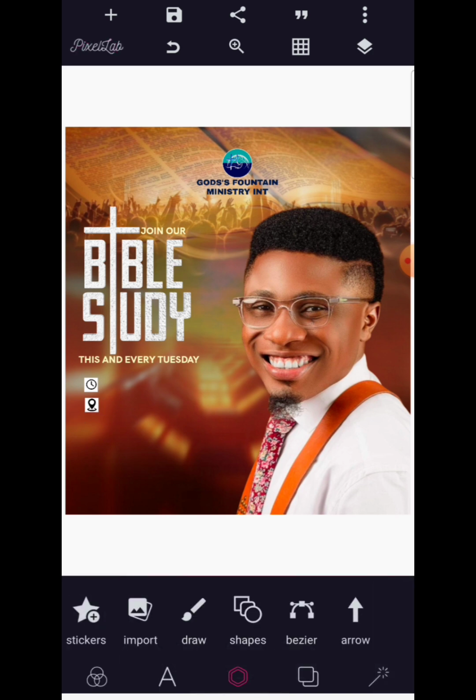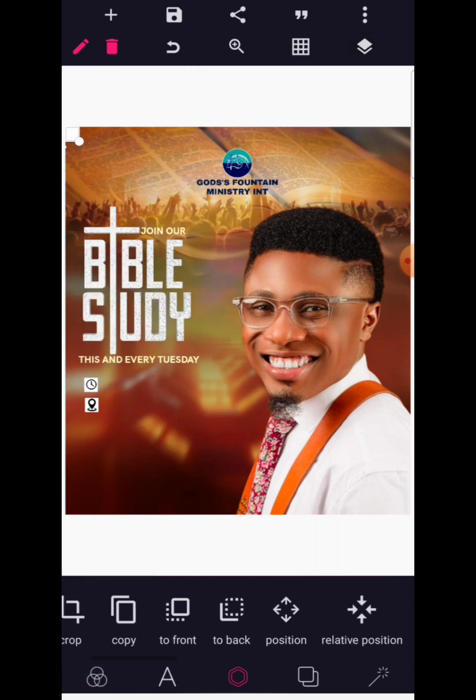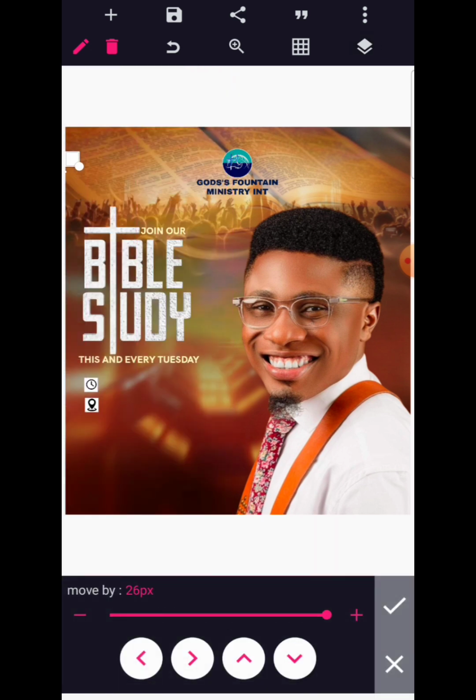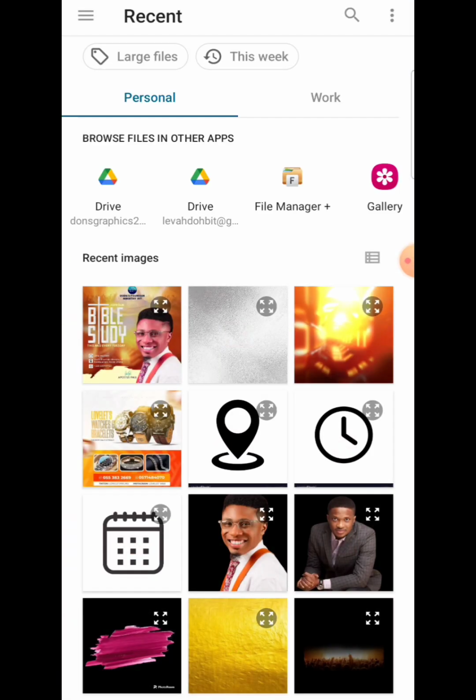Okay, that is fine. So let's copy the shape once again, and we're just emphasizing the principle of repetition here, guys. So you have to pay particular attention. Okay, now we make sure that everything is aligned properly. The last thing that we're going to do is to bring in the last kind of icon that I would love us to use, which is the call icon,